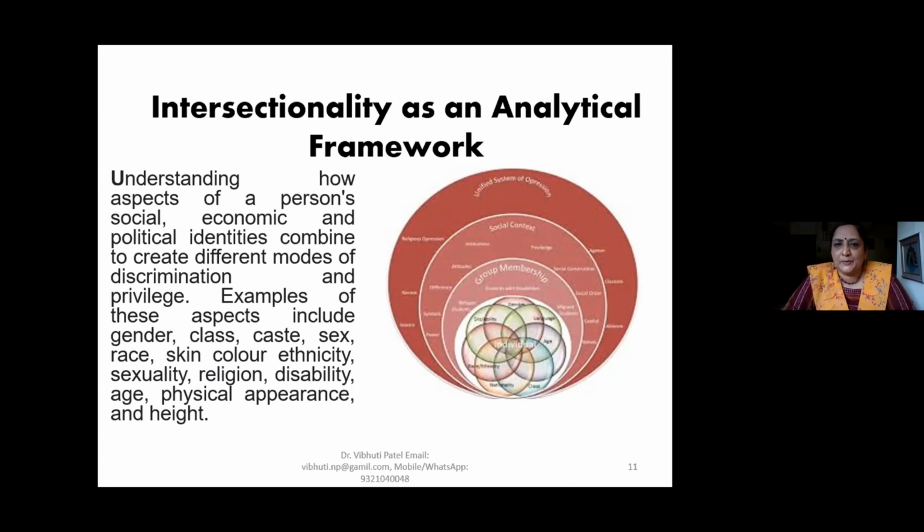It's very important. All of us have different roles, either as a teacher or a student, as a mother or as a child, or as a lover, or as a colleague. So role is very important. So disability studies, if you go through it, a lot of research is happening currently in disability research studies. Age: and our society is ageist.